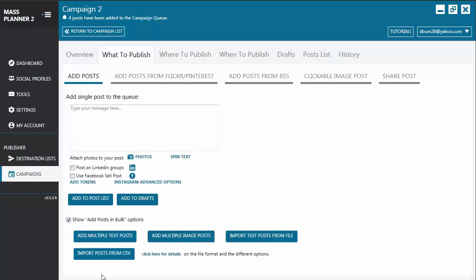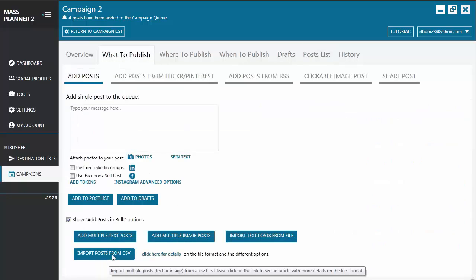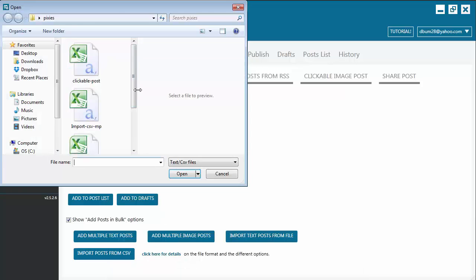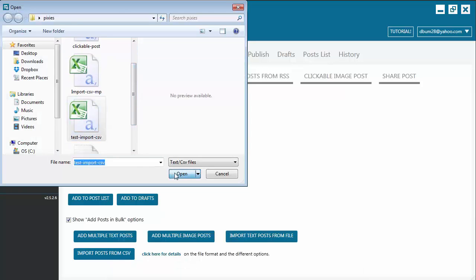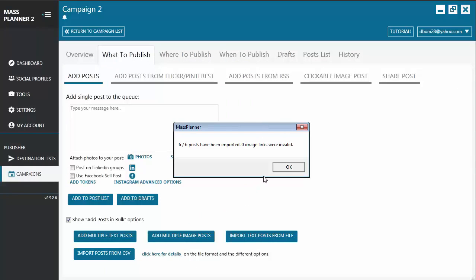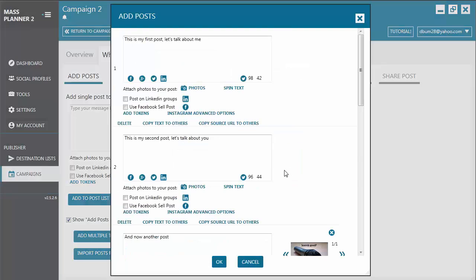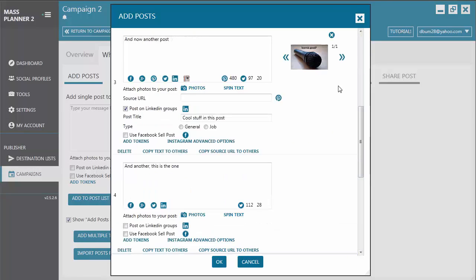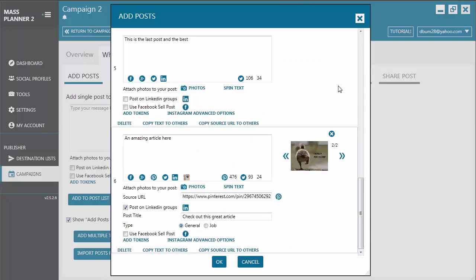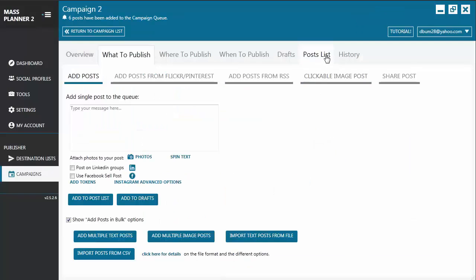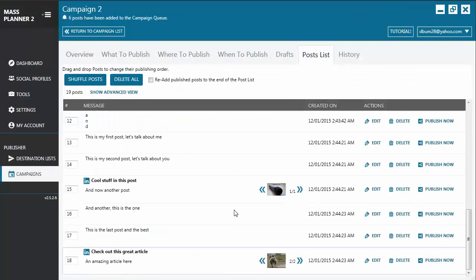Last but not the least, let's import posts from a CSV file. Let's click on that, import the file, and click open. Okay, so let's click OK. And here you will see that I have imported 6 posts from the CSV file with images included. So let's click OK, and it should be in the post list. There you have it. The last 6 posts on the list are the ones that we have imported from